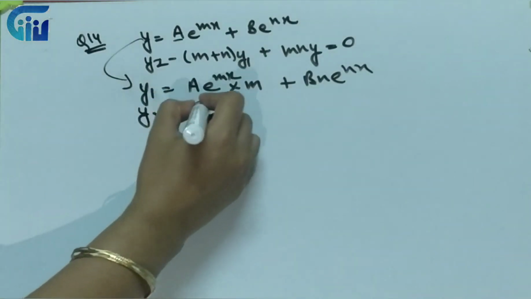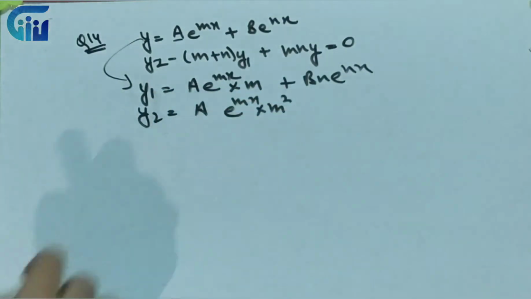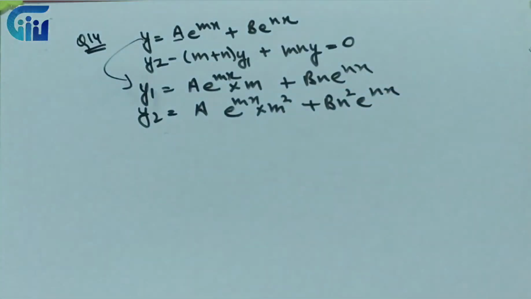Let's differentiate it again. So it will be a e^mx, then derivative for mx will be m, so it will come out as m square. Similarly this will be n square e^nx, right? Now over here just observe, in the right hand side I cannot take anything common, neither can I substitute anything. So what I will do, I will just put the value of y1, y2 and y in the given expression, solve it up and see whether you are getting it as 0 or not.